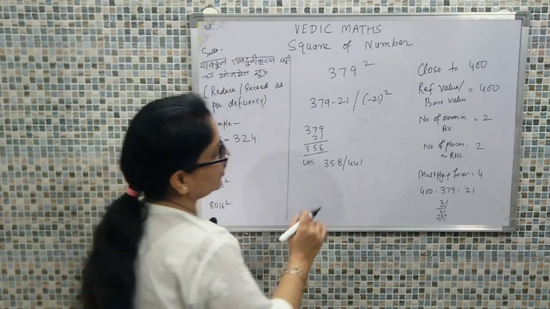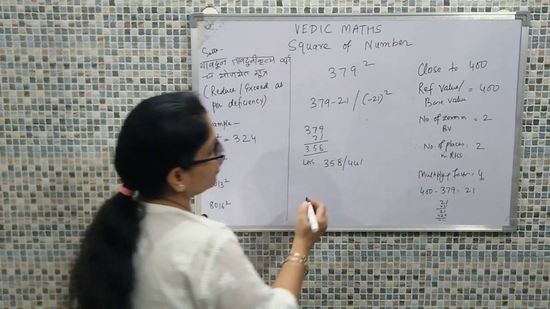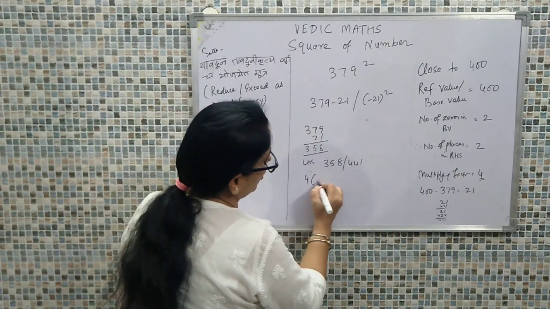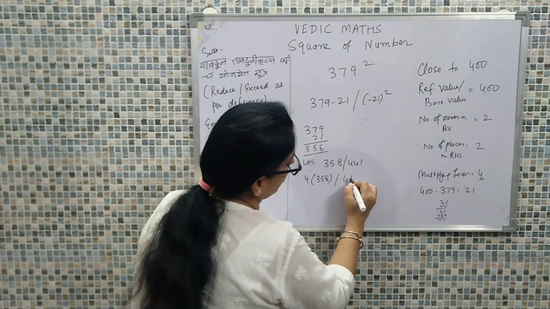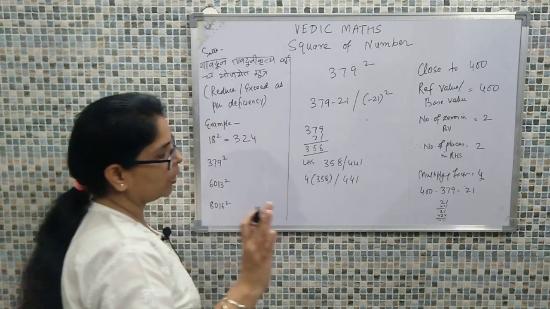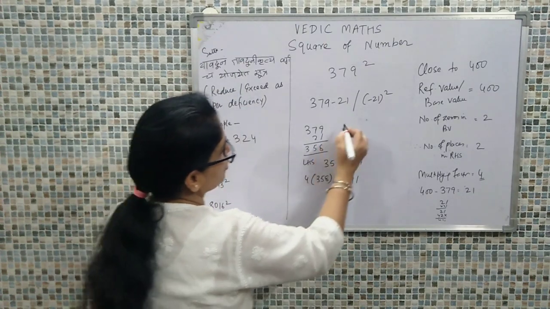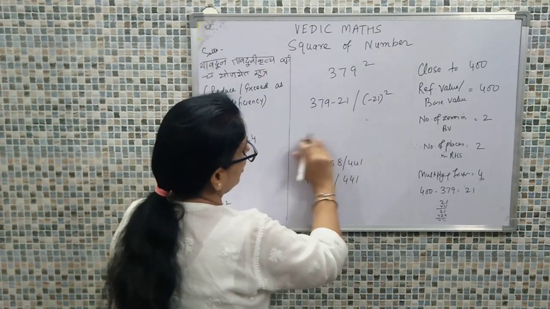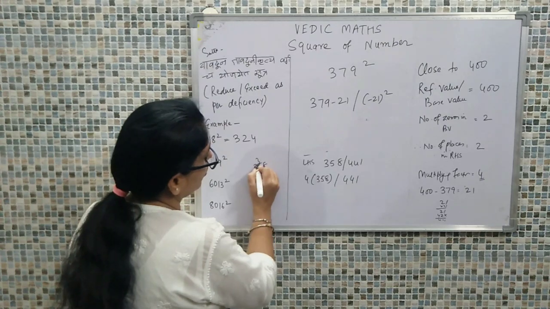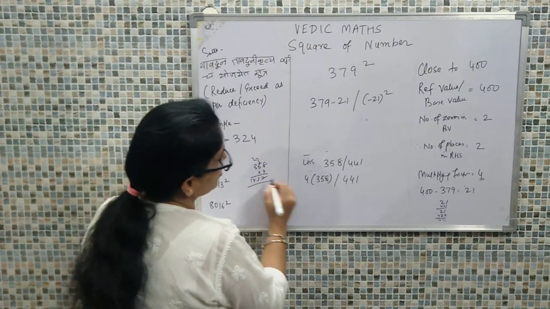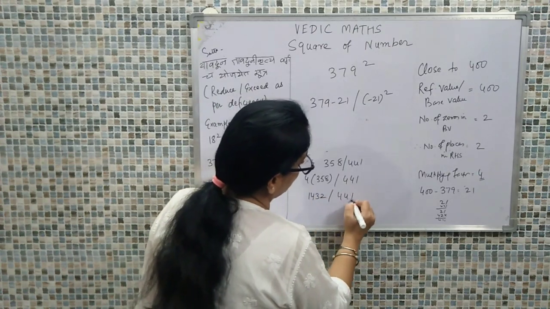The next thing we need to do is identify the multiplying factor. What's the multiplying factor? It is 4. So 358 will be multiplied by 4, and here we have 441. We'll talk about the excess and the RHS later, once we are done with the multiplication. So 358 will be multiplied by 4. So the LHS will be 1432 oblique 441.